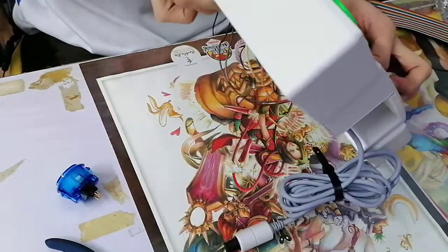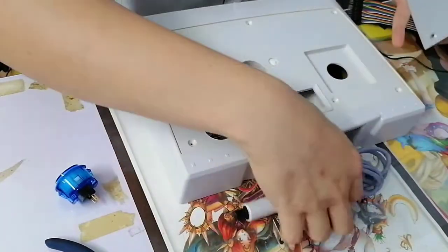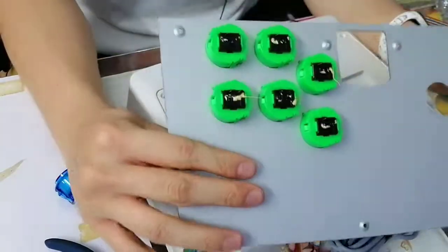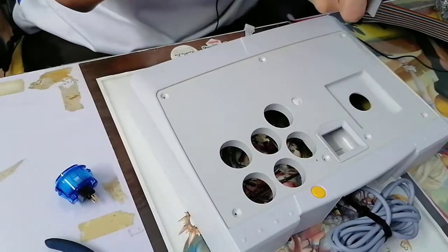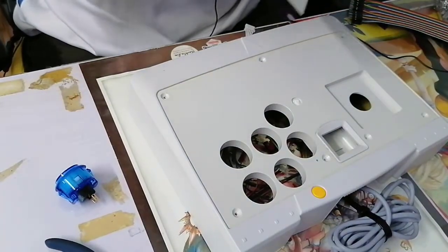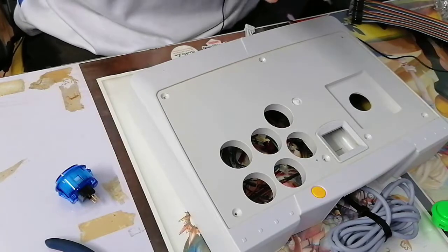Can I just pop these out? Oh, okay, yeah, cool. I thought we needed to pop them out, but as you can see, these are actually attached to the metal piece. So here's the thing, right? Let me just remove these buttons first before I talk about it. So buttons come out real easy. Wow. Damn, I wish...